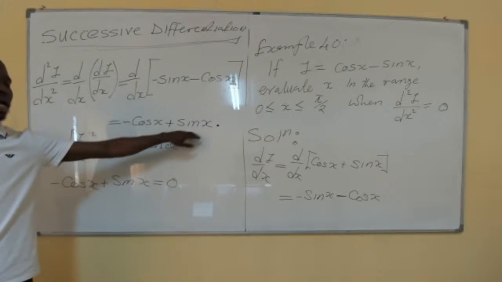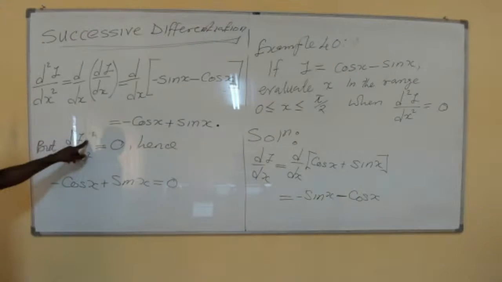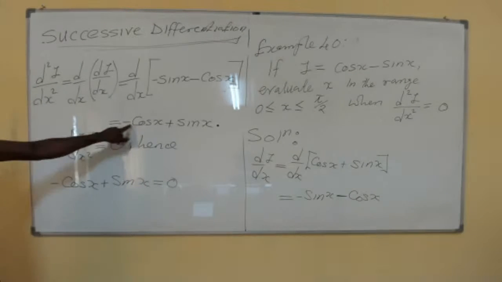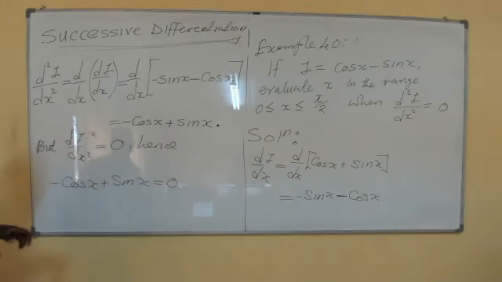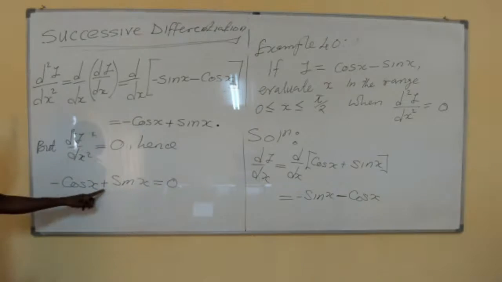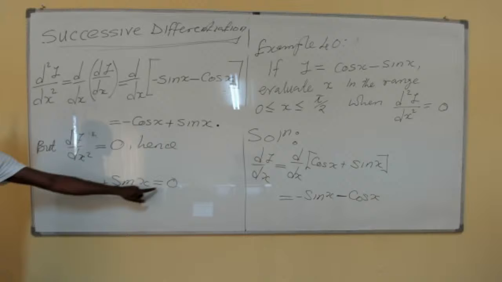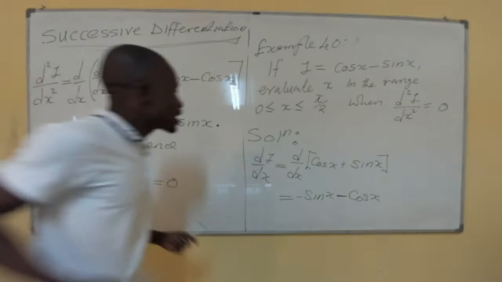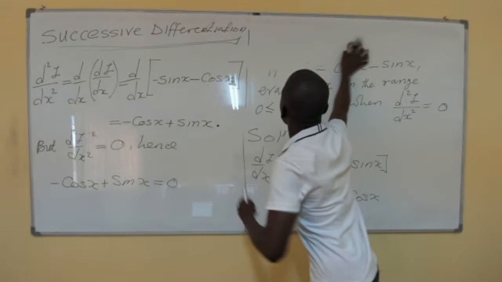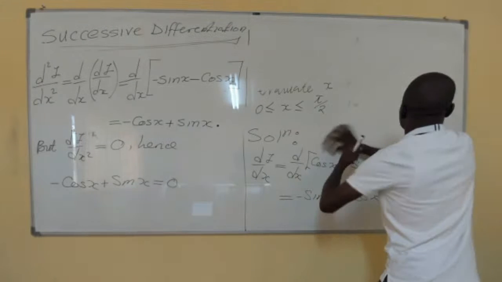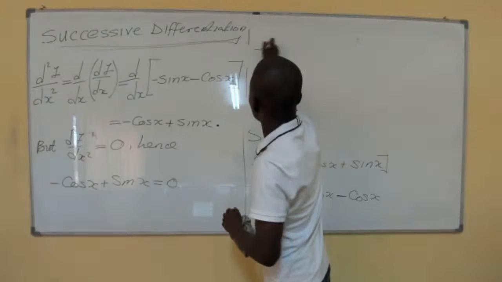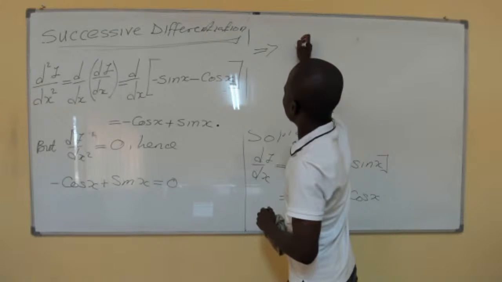Now, if the second derivative of y with respect to x is equal to 0, and also equal to the negative cosine of x plus the sine of x, this means the negative cosine of x plus the sine of x will be equal to 0. After having that, which implies that the sine